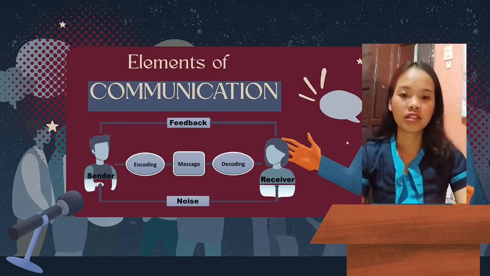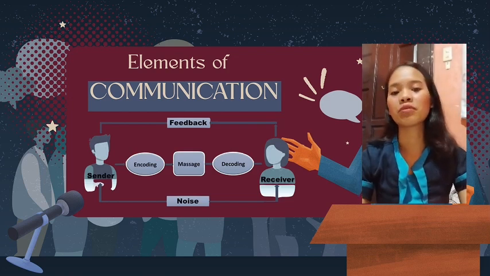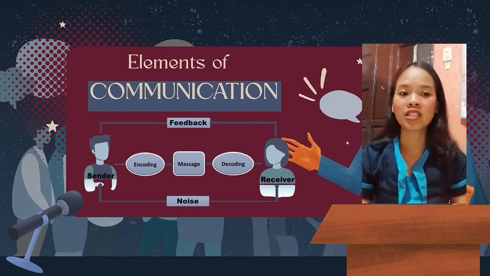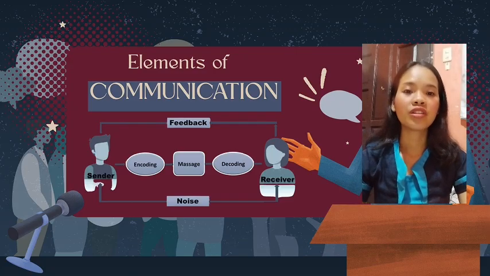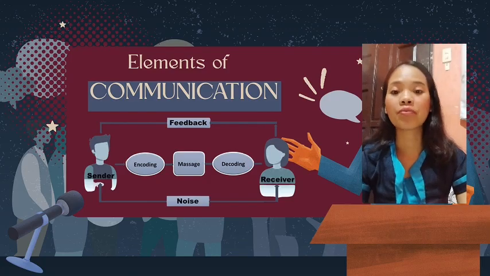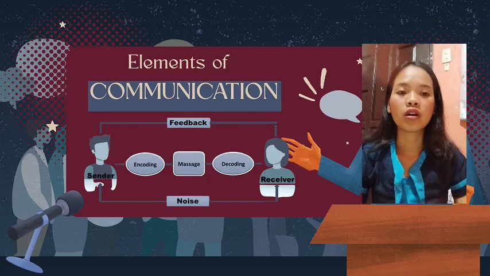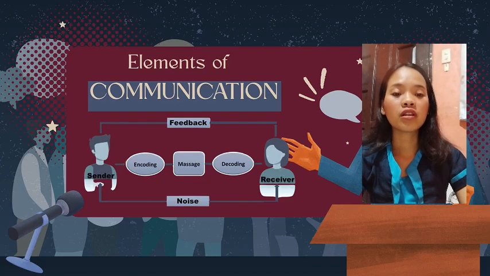Then next here is the media. Media is not the same as encoding, because media is the medium or passage or route through which the encoded message is passed by the sender to the receiver. The difference between encoding and media is that encoding is the process of how we deliver the message through words. But here, media